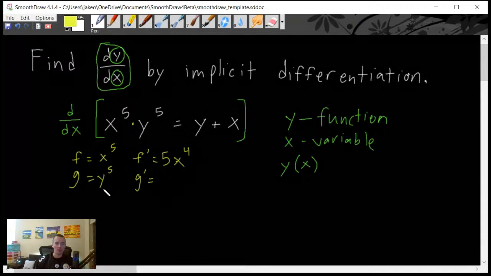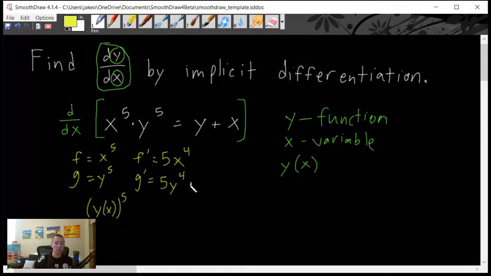Now for taking g prime here, we're going to have to do something a little bit different, because keep in mind, we're taking d dx, which means we're taking the derivative with respect to x, and this has a y in it, which y is a function of x. So as a result, we have to use chain rule. What we basically want to do is treat this as we're taking some function of x, which is all being raised up to the fifth power. So chain rule says we have a function within a function. Well, the chain rule is just going to be taking the derivative of the outside part, so moving the 5 down in front, keeping the inside the same, keeping our y as y, that's not going to change, lower the power by 1,